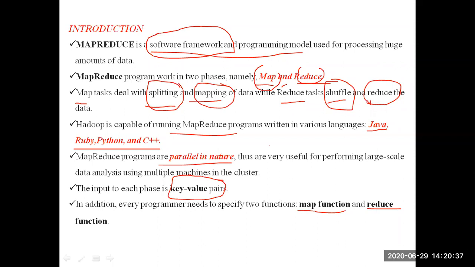That means we are processing the same soap data, but the aim is different. One type of aim is the customer point of view, on which one they are showing interest. The second is the profit point of view, we are analyzing which are giving more profit. Like that, the aim will be different. That logic should be written in the map function and reduce function, to indicate what your aim is and for what purpose you are analyzing. That is the duty of the programmer. He may specify the map and reduce functions in any comfortable language.